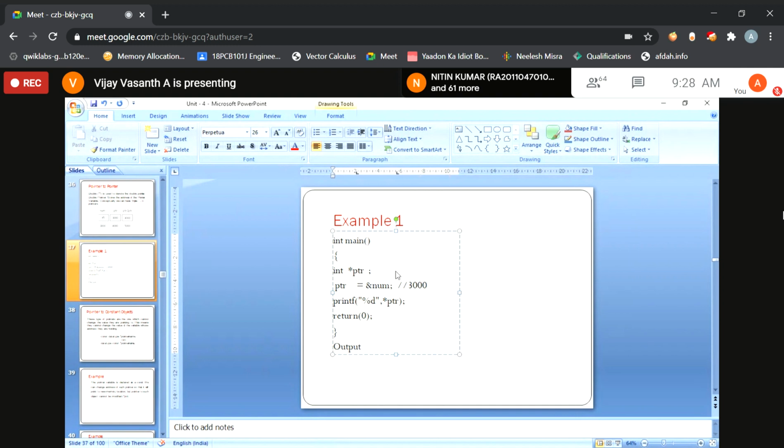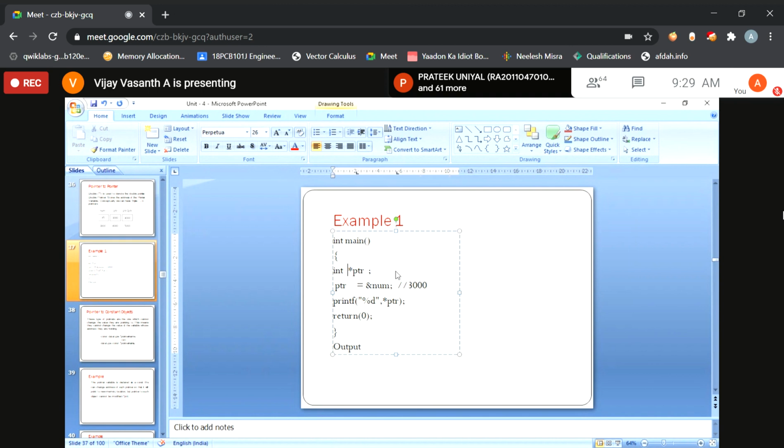Is it okay? I am declaring a pointer. Fine. What type of pointer is it? It is an integer pointer.